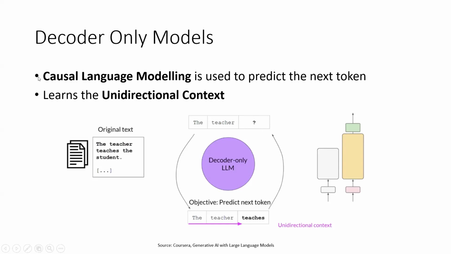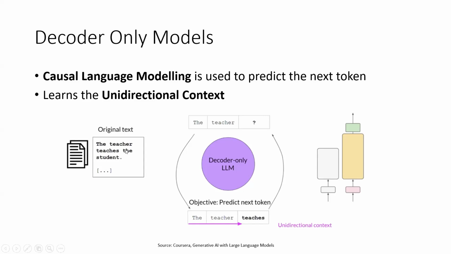Decoder-only language models are also known as causal language models, where you are learning the unidirectional context. You are reading from the beginning to the end in one direction, and you understand the context in this direction only, and with that information, you can predict the missing word,